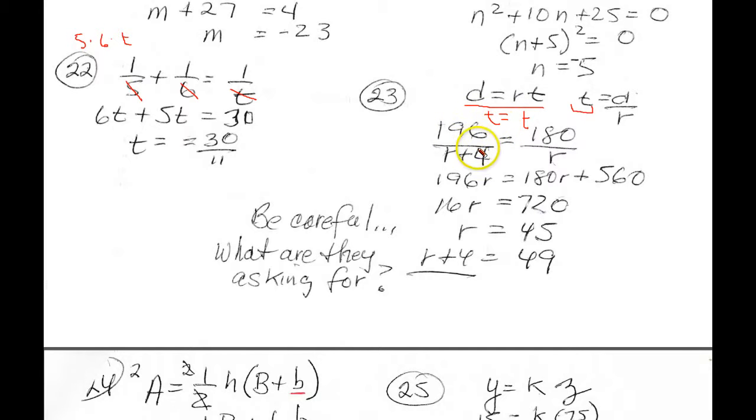Now, when you have something set up like this, you can just cross multiply. So you get 196R, then R times this is that, this times that is that,